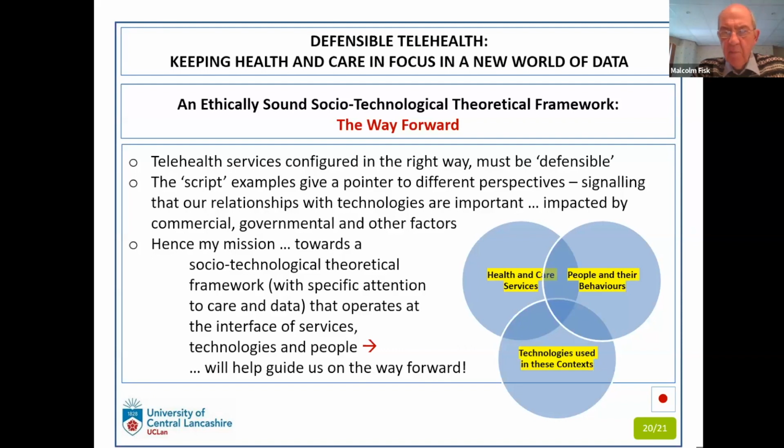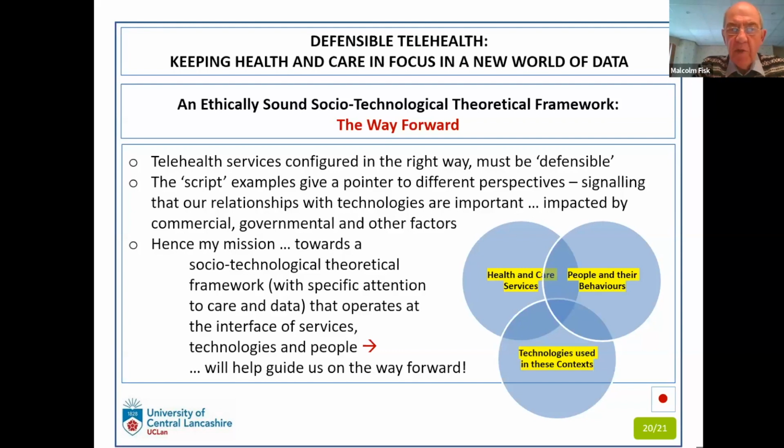Now, these are also impacted very often by governments and political factors as well. So it's something where we need to be very aware of where the power lies and how we might exercise that influence. It's possible that some of the academic work I'm doing may help in the arguments towards a more ethical, if you like, approach to telehealth and so forth.